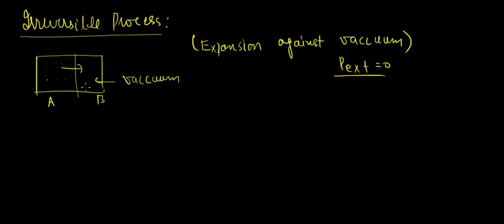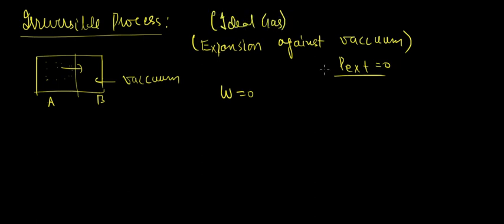So once the gas starts expanding, it is impossible to again restore the gas back into the initial state. Okay. So as P external is equal to 0, work done by the gas would be equal to 0. Okay. And as we are discussing an ideal gas,